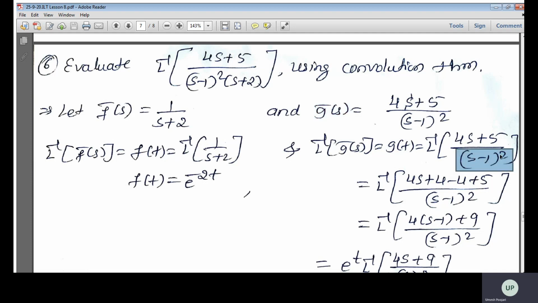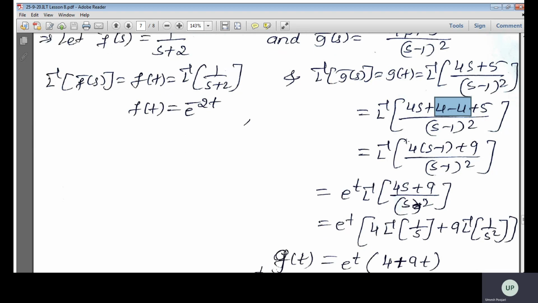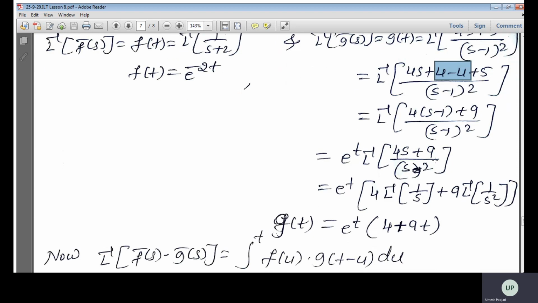See, the denominator is in a perfect square. In the completing the square method we have used, the denominator is already a perfect square. Now the numerator should be in the form of the denominator. So which constant do we have to add and subtract in the numerator? Just recall that particular method. So here the coefficient is 4, here it is minus 1. So 4 into 1 is 4, add and subtract 4 in the numerator. Then if you take 4 common, we get 4 into s minus 1, and 4 plus 5 is 9. Then see, s minus 1 in the numerator, s minus 1 squared in the denominator. So how will you reduce s minus 1 to s? By multiplying this by e raised to t.